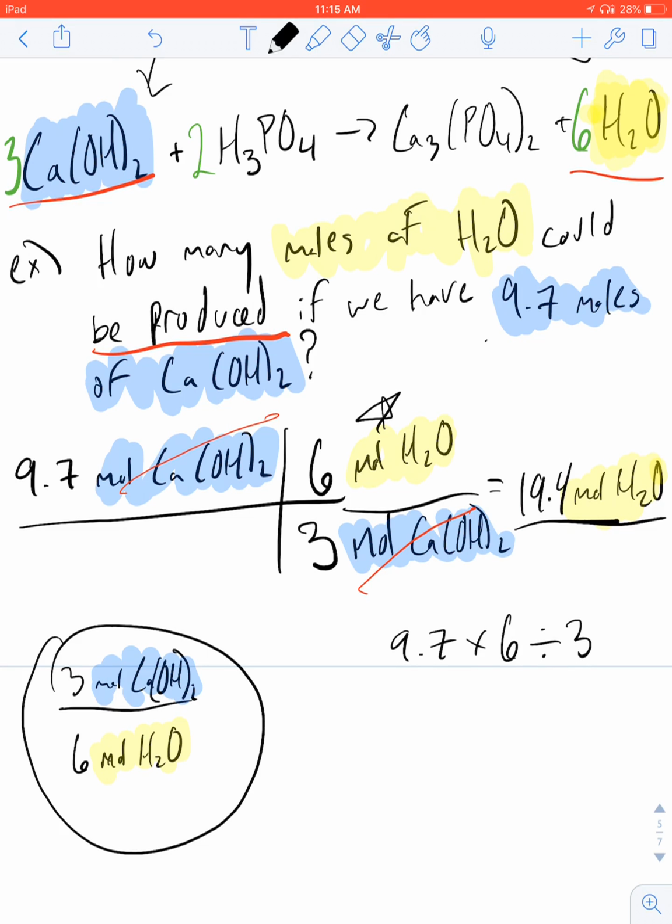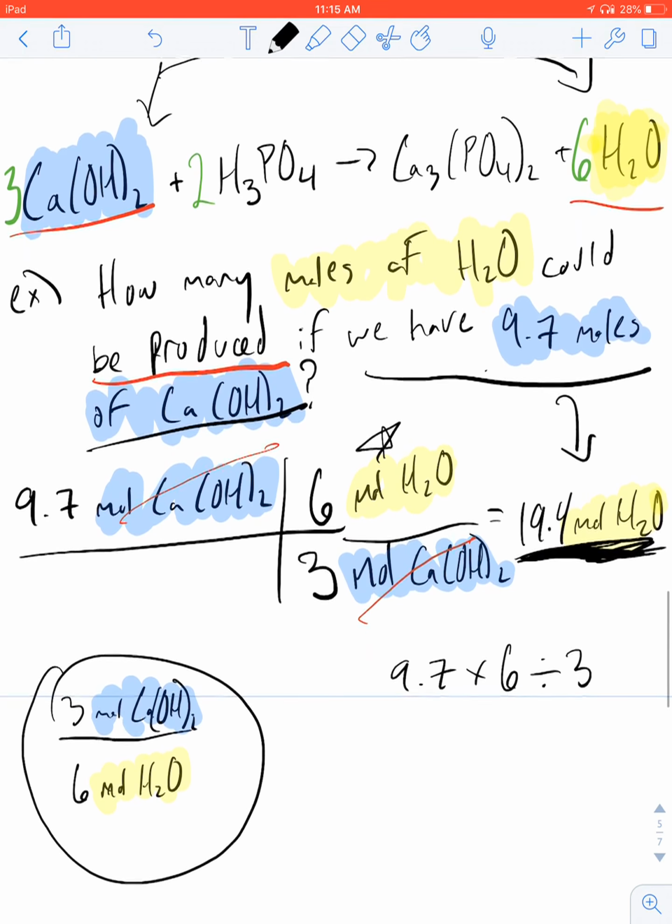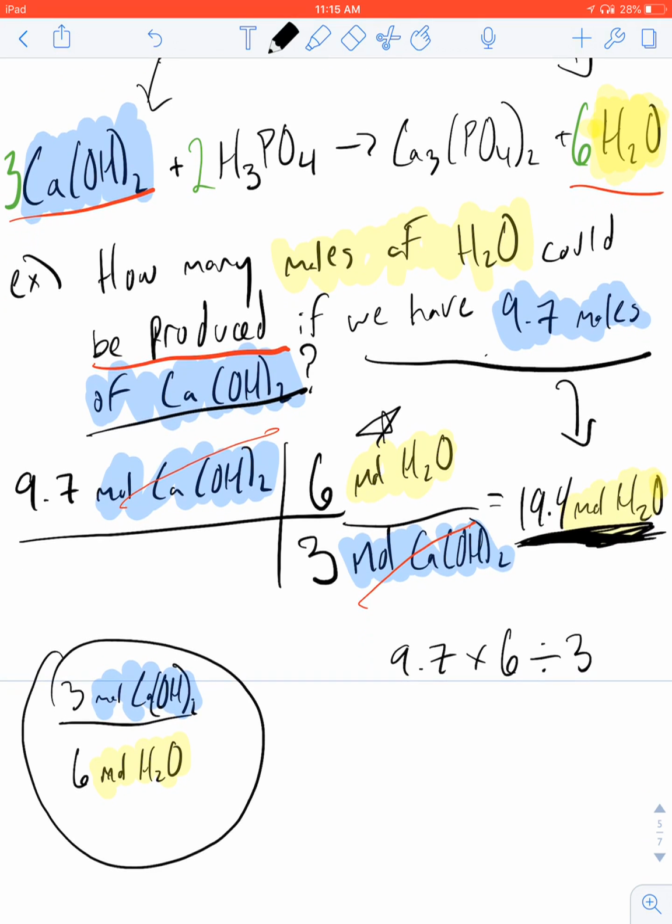All right, so in the end, to answer this question, if we have 9.7 moles of calcium hydroxide, we are able to produce 19.4 moles of H2O. And we're able to figure that out because of our mole ratios from our balanced equation. Very nice. All right, so for you to practice at home and to bring to class, whenever the next class is,